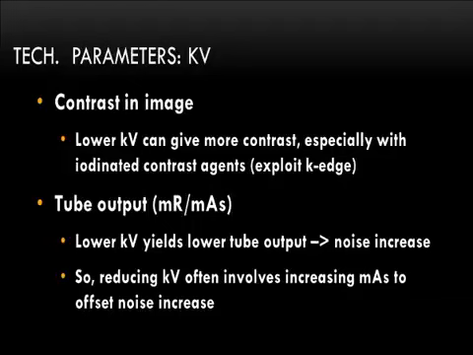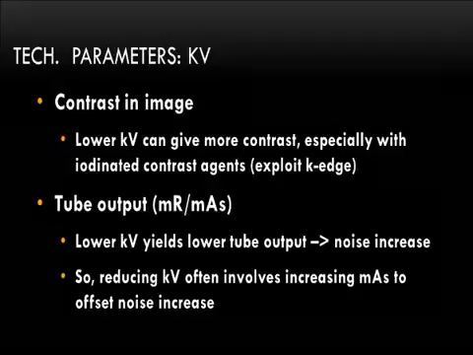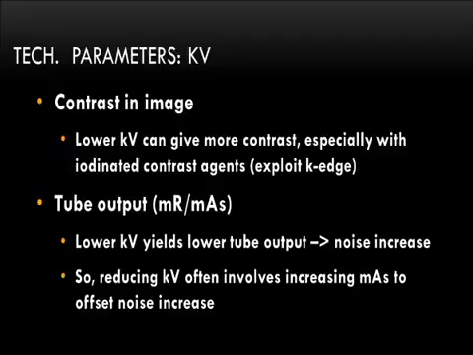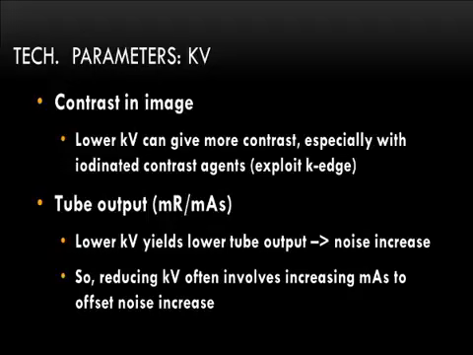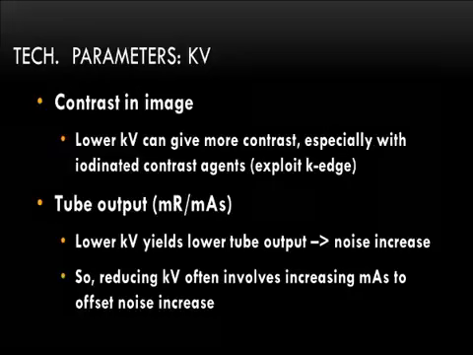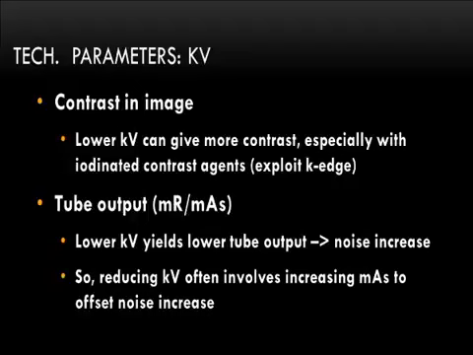Okay, what does it do? Well, it does affect the contrast in the image. The lower KV can give more contrast, especially when using iodinated contrast agents to exploit that closeness to the K edge. So we'll often see KV reduced or a lower value selected for small patients or when iodine contrast studies are used. However, when you do that, the tube output is also reduced when you reduce the KV. That is, the output per MAS is reduced. So that lower KV yields a lower tube output. That means the noise is going to increase. And so what happens often is that when KV is reduced, it often involves increasing the MAS to offset that